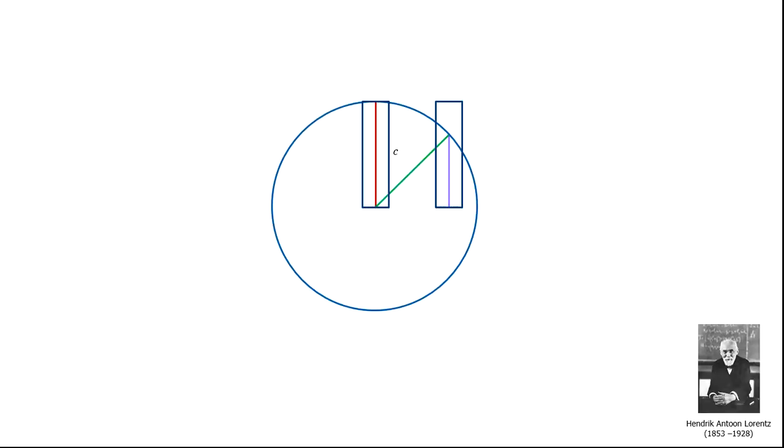Let's quantify this. The red line segment is c meters long. So is the green. Let's measure the length of this line segment that's colored violet. Let's say the moving clock was moving at a velocity of v meters per second. Since c is expressed in meters per second, and since we're running this thought experiment over a second, the displacement of the moving light clock equals v meters. That's this distance here along the magenta line. Let's call this line segment A. The green line has a length c, and the magenta line has a length v.